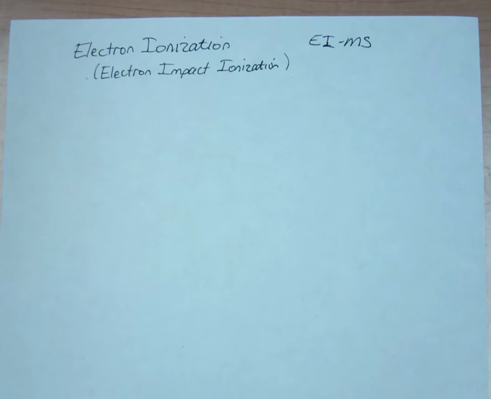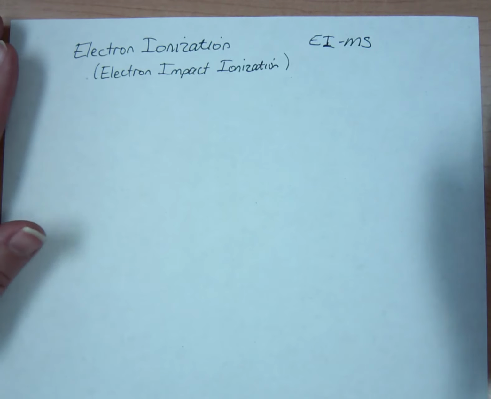One of the most common ionization sources that is used in mass spectrometry is electron ionization or electron impact ionization. You'll see it written both ways, but both of them abbreviate with EIMS, electron ionization mass spectrometry. Now this has several parts, and so we'll walk through each part and how it works to form